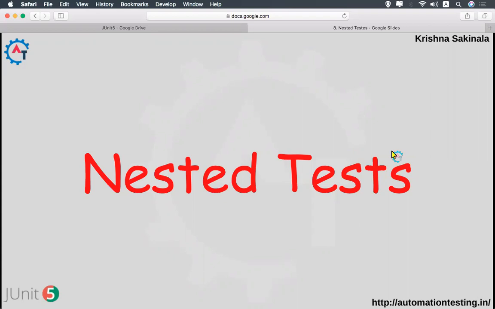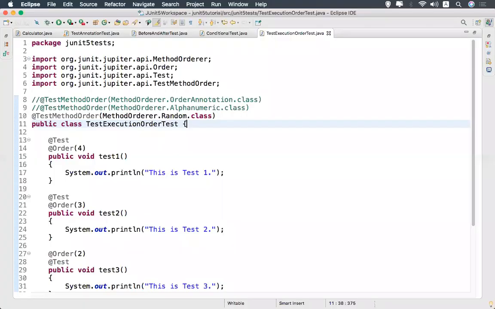So what do you mean by nested tests? Let's assume you have, let's take the same example, a calculator, with addition. In the addition, let's consider you are testing for positive numbers and negative numbers. When you're writing so many tests, how will you segregate and manage your tests in a cleaner and more manageable way? For that, nested tests will help you manage these tests. We'll see it with one example, then it will be very clear.